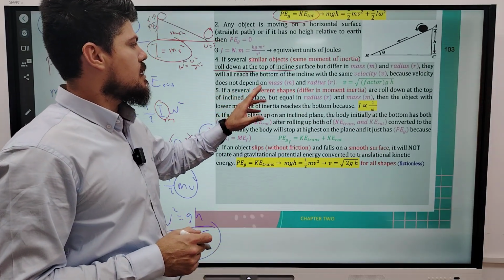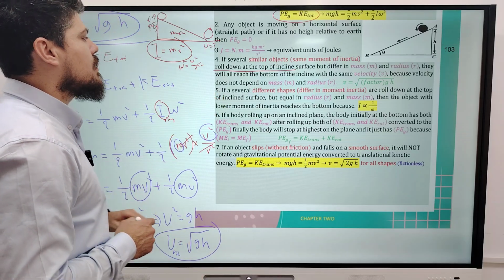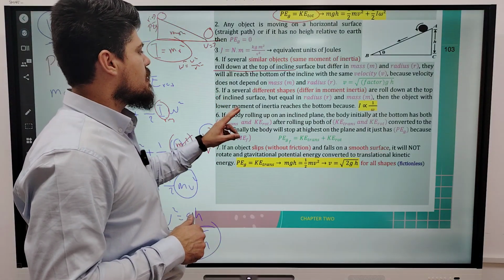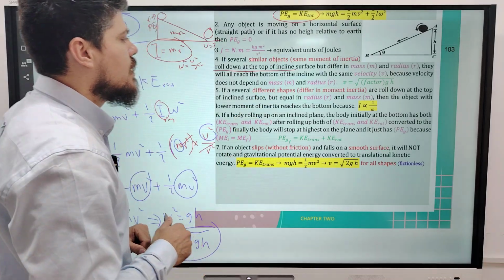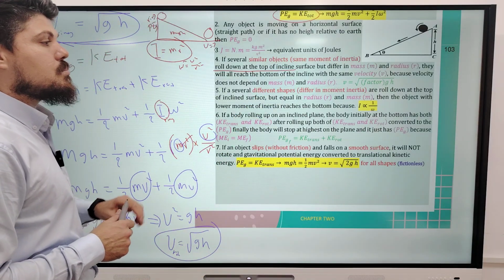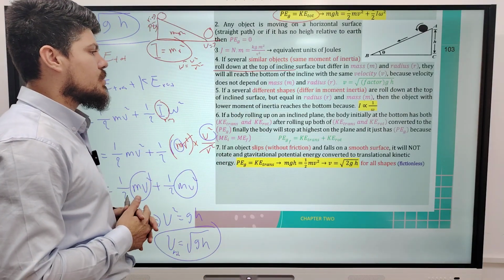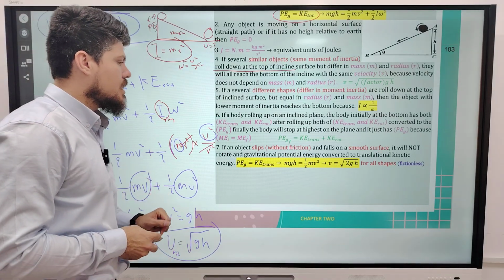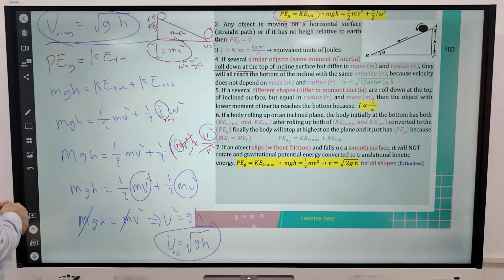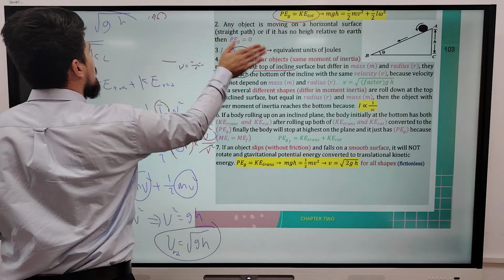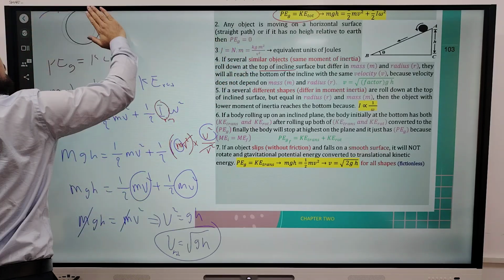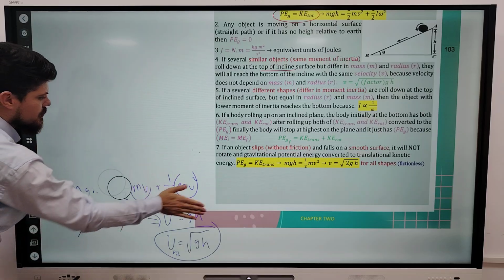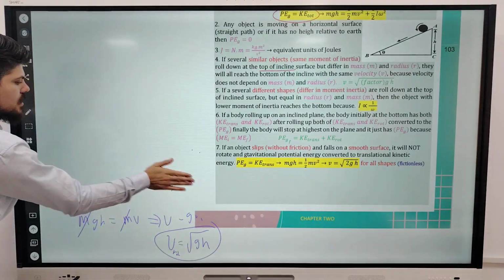But if several different shapes, different in moment of inertia, are rolled down from the top of the incline, but equal in radius and mass, the object with the lower moment of inertia reaches the bottom of the incline first, because moment of inertia is inversely proportional to the angular speed. So the mechanical energy is conserved. Initial mechanical energy is equal to final mechanical energy. This is for the rough surface. But for the smooth surface,